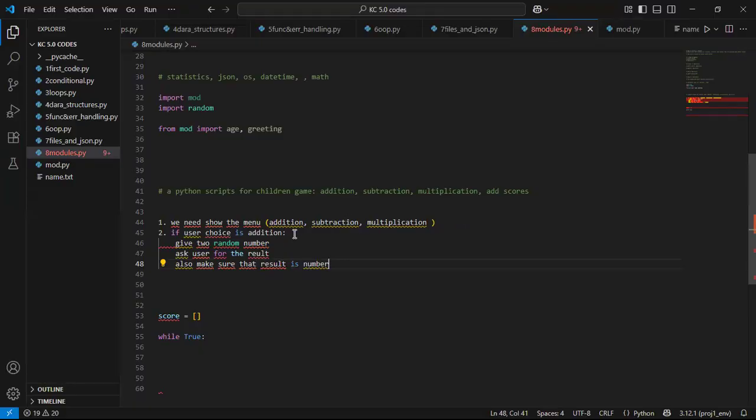So same thing happens here. Even after this, I will also make sure that the user's choice is a number. So that means I have to bring in my try and except there. I'll also bring it here as well. Also make sure that the result is a number. Now if correct, right? So this should go in here because this is for 1. So if correct,